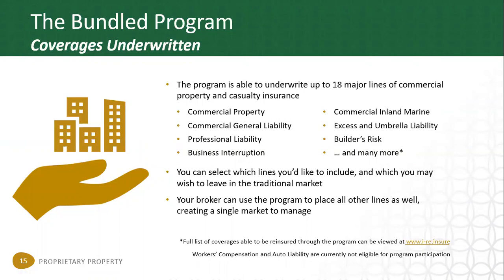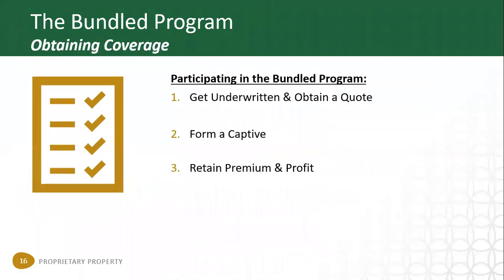Very good. Good answer. All right, let me take over here for a little bit. So we want to think about, hey, I want to obtain coverage. I want to be in the bundle program, or I've got a prospect that wants to be in it, or a client that would benefit from being in the bundle program. What are the steps to make it happen? Well, there's really just a three-part process. The first is really to get underwritten and obtain a quote. So we get a quote from Liberty via IRE, a bindable quote that the carrier is willing to insure the business for all the policies that they're willing to take over,